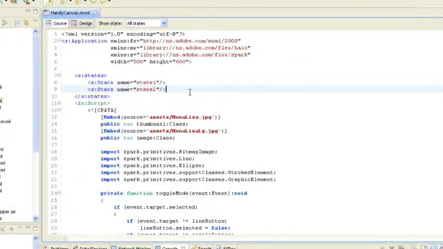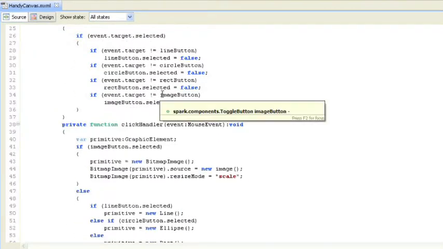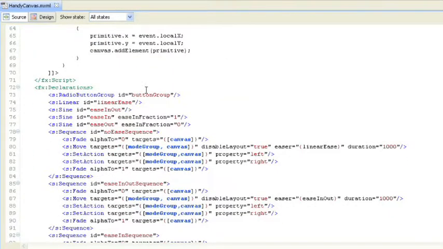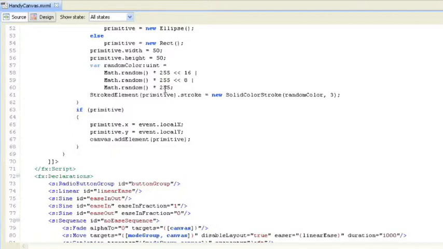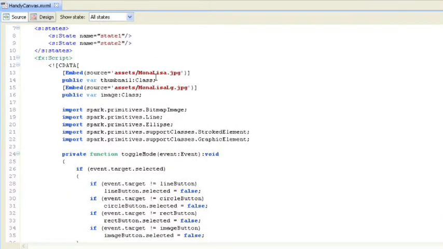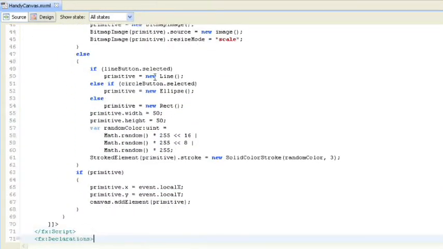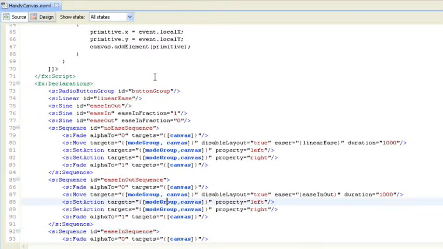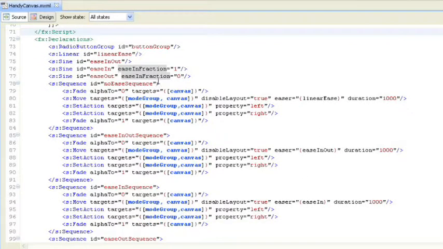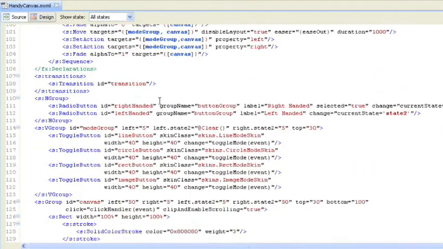So let's go ahead and see what it's like to add a bouncing behavior instead. So we can come down to our code here. I'm not going to go into the drawing codes. It's not terribly interesting. I just wanted something simple to illustrate the point. But I can certainly show the animations here. So basically, as you choose